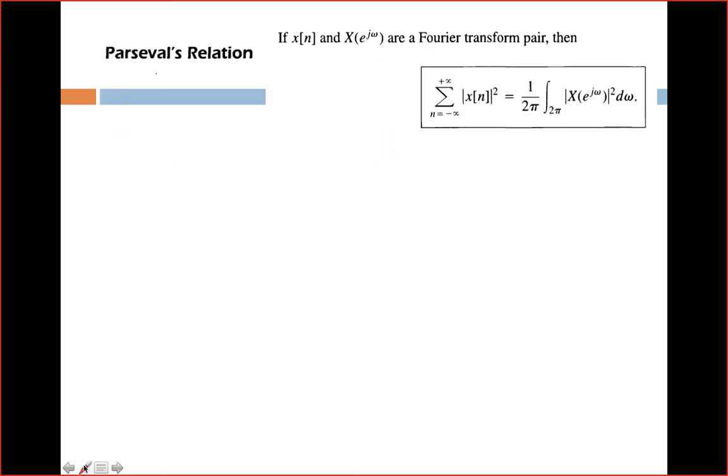And this is also one of the important properties: Parseval's relation. It says summation n equal to minus infinity to plus infinity magnitude of x of n the whole square is equal to 1 by 2 pi integration over 2 pi of magnitude of x of e power j omega the whole square into d omega. This is also an important property of